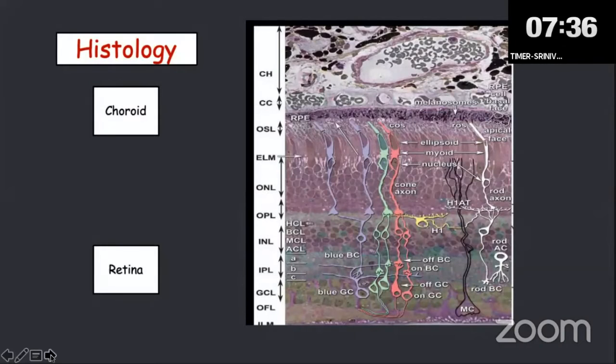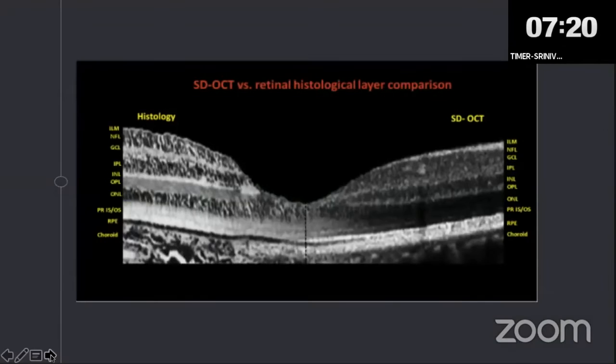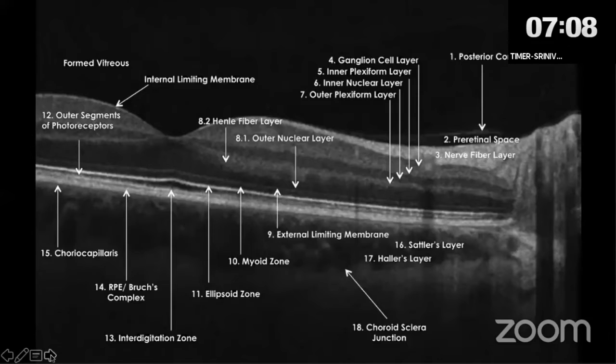Now, why the OCT? Because it's non-invasive, it's very rapid, and most importantly, it gives us a very, very good histological view of the different layers, right from the choroid to the retina. As you can see here, it compares very well to the OCT scans that we see. This is a beautiful image showing the histology, how well it compares to the OCT layers that we see when we scan these patients on our spectral domain OCTs and our swept source.